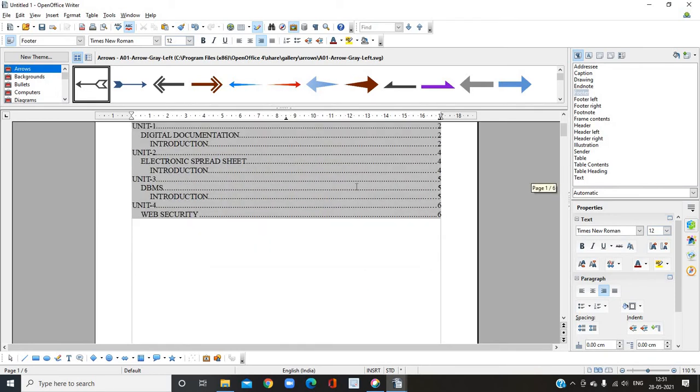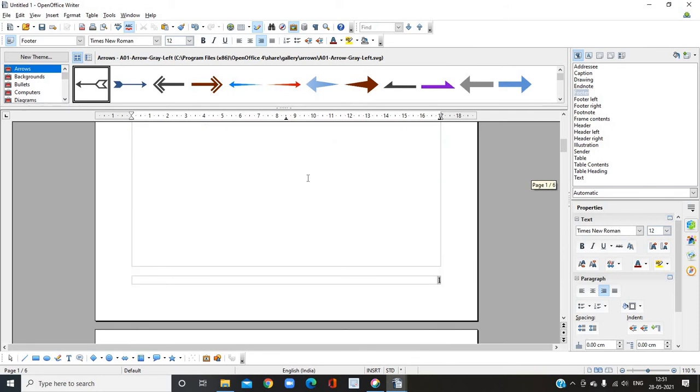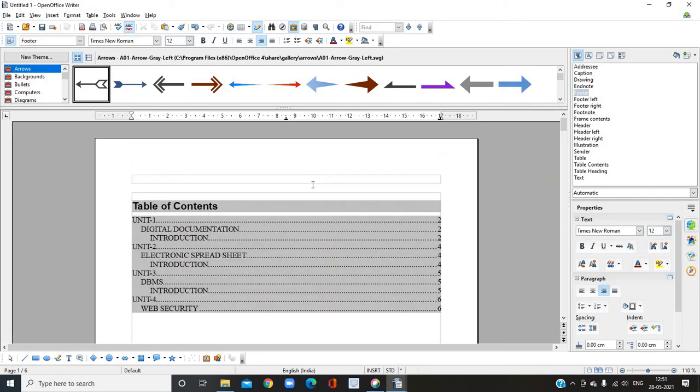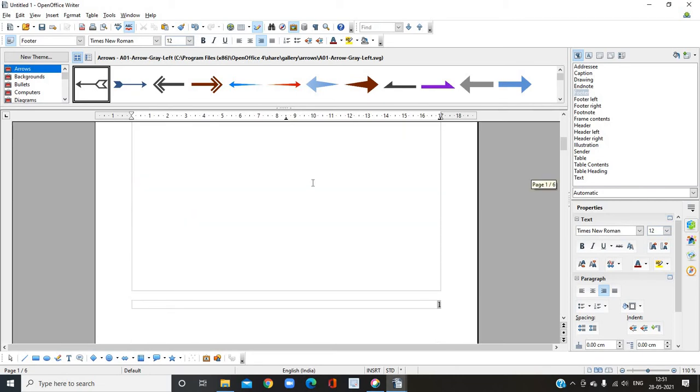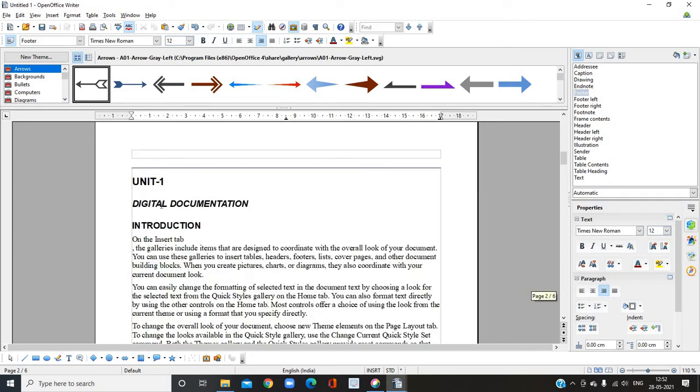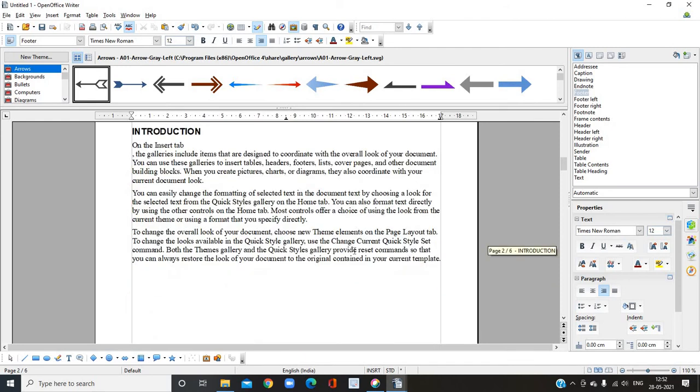But here I have a requirement that I don't want to start the page numbers from the index page. I don't want any page number on my table of contents page. I want to start my page numbers from the actual content, the place where my units are going to start. I want to start from unit 1.